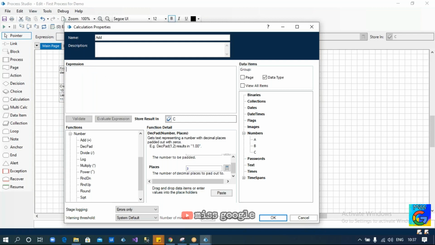Okay, and only zeros will be padded over there. Remember, only zeros will be padded, not any other numeric values. Okay,